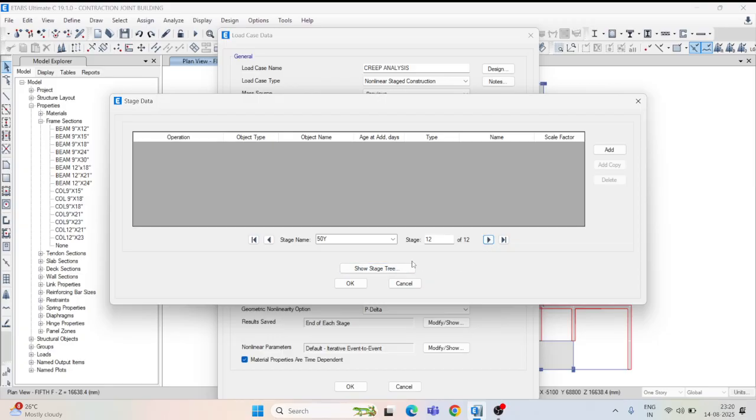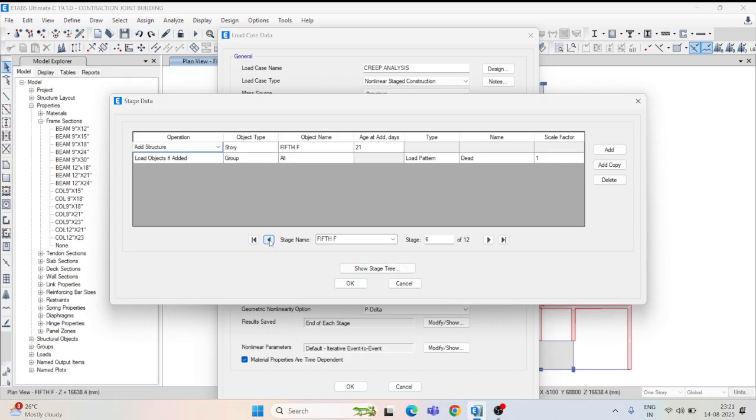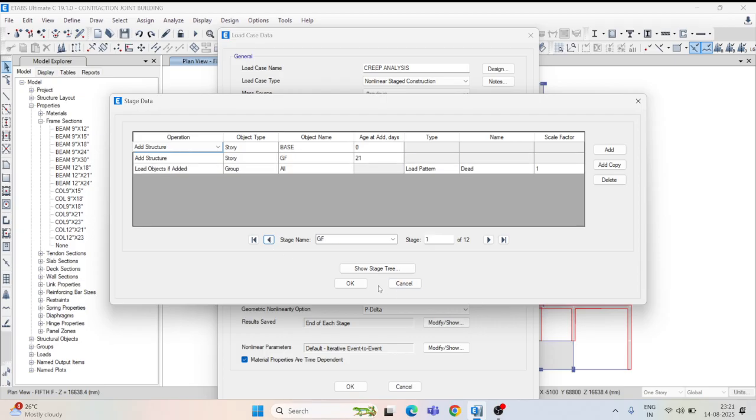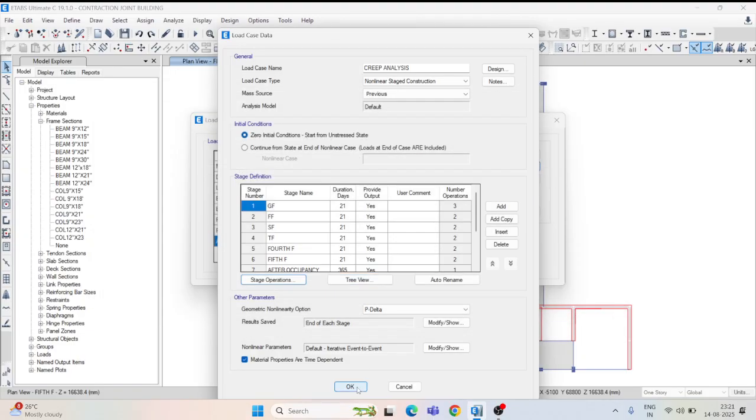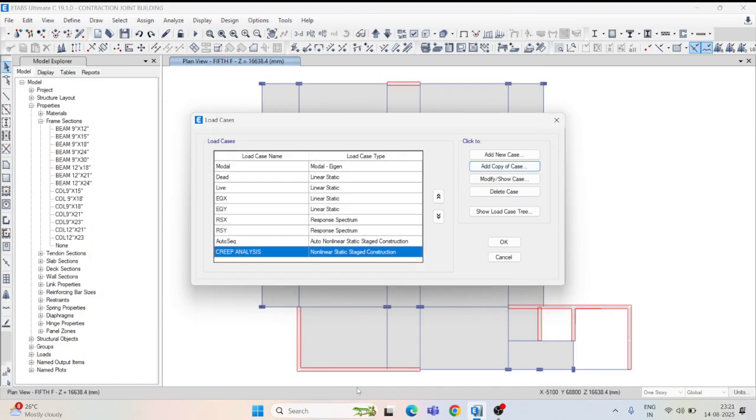Again you have to check one by one, 30 years, 20, 10. Here load objects group all, load pattern live 0.25, okay, and third floor, second, fifth, base, okay. Now just click ok, and here also click ok, and here also click ok.